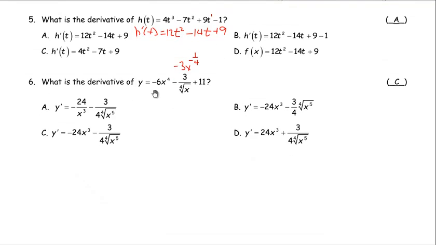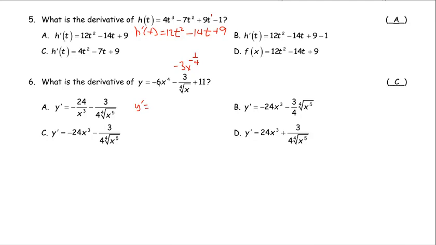Number 6, what's the derivative of y equals negative 6x to the fourth minus 3 over the fourth root of x plus 11? So I want to write this as a power first, and then we can do power rule. So here, for y prime,